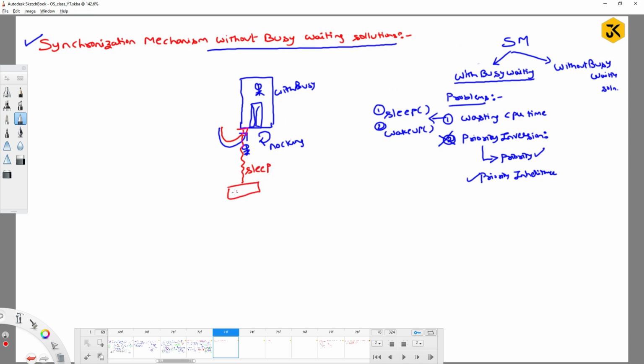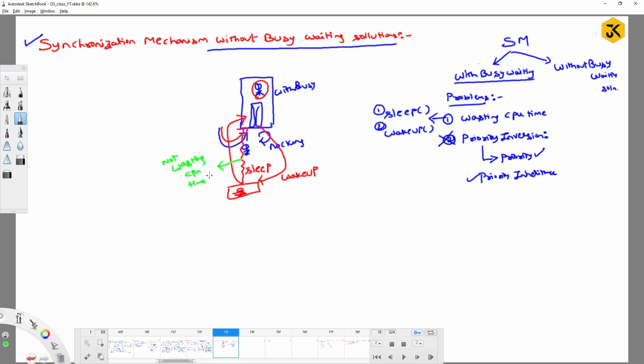And after completion of the task by the person who is there inside the room, if he is coming out, he will come back to you and he will perform a wake up operation, so that again you can enter into the room, right? Just think about the scenario. Are you really wasting the CPU time or not? Here you are not wasting the